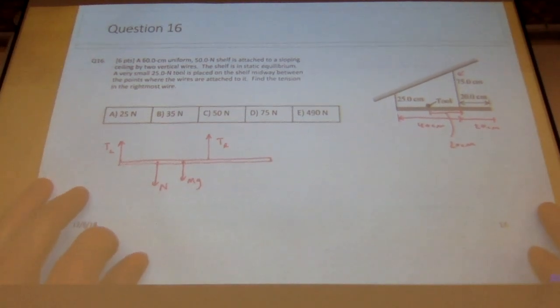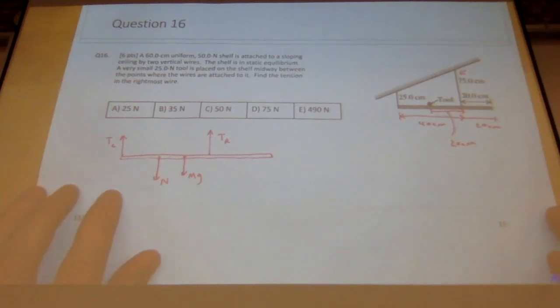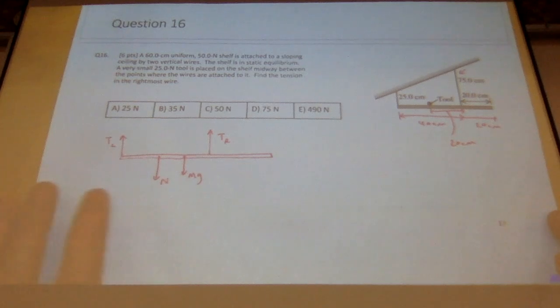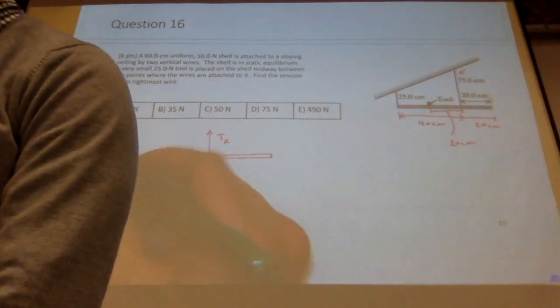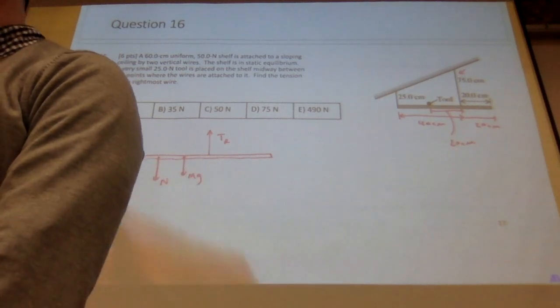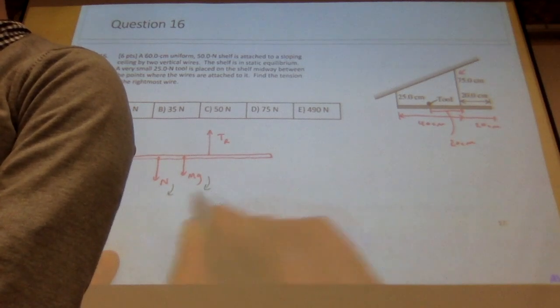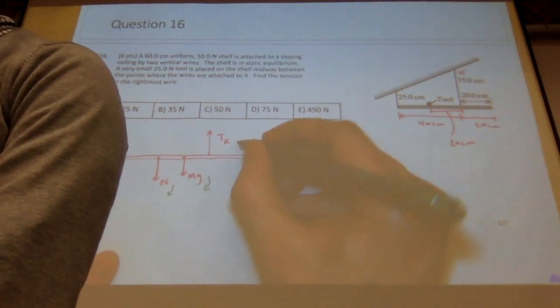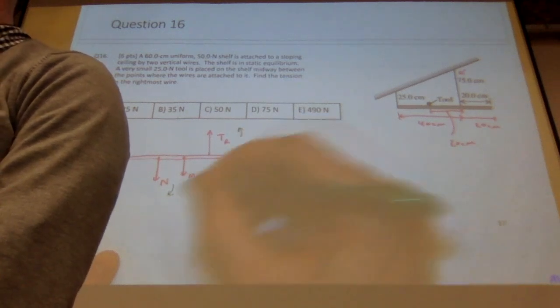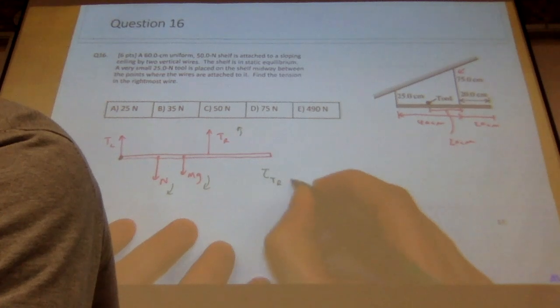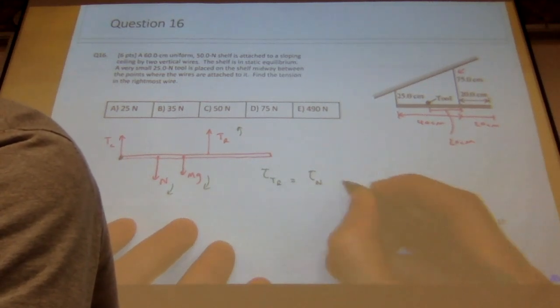So if I wanted to solve for the tension right, the place to put the pivot is at tension left because I don't know anything about the left tension. So that's the appropriate pivot point. So about that pivot point, the tool wants to rotate the shelf clockwise. The weight wants to rotate it clockwise. The tension right has to balance those two clockwise torques. So the torque of T right has to be equal to the torque of the normal by the tool plus the